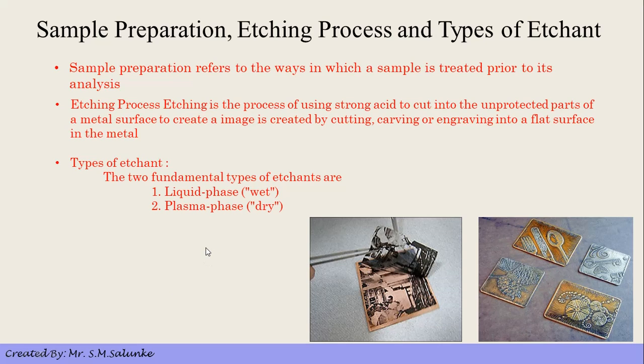Now let's understand what are the steps used in an etching process. These two are the best examples of what the output of an etching process is. Here we have a metal plate. With the use of acid, ink and the cutting or carving material, we are preparing a carving or a drawing on a metal plate, that is a copper or zinc metal plate. Then with acid we are cleaning the plate, removing all the impurities present on it, and then with the help of a carving pen we are carving various diagrams, various drawings on this plate.